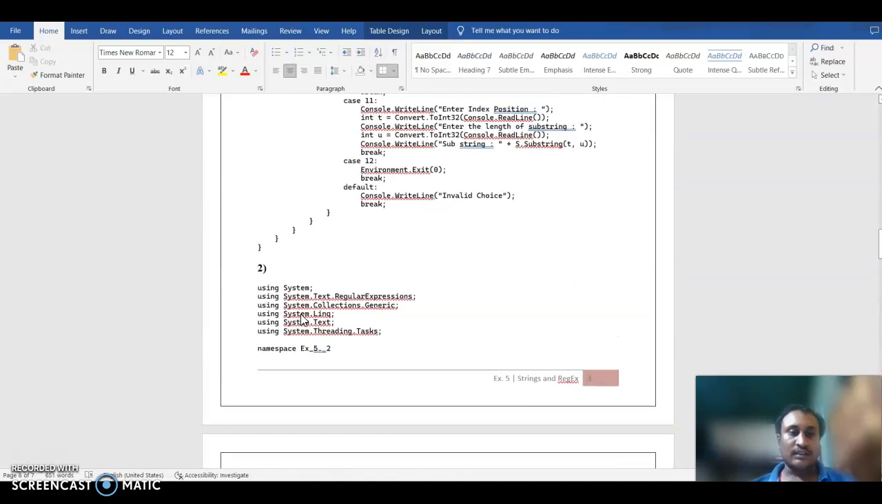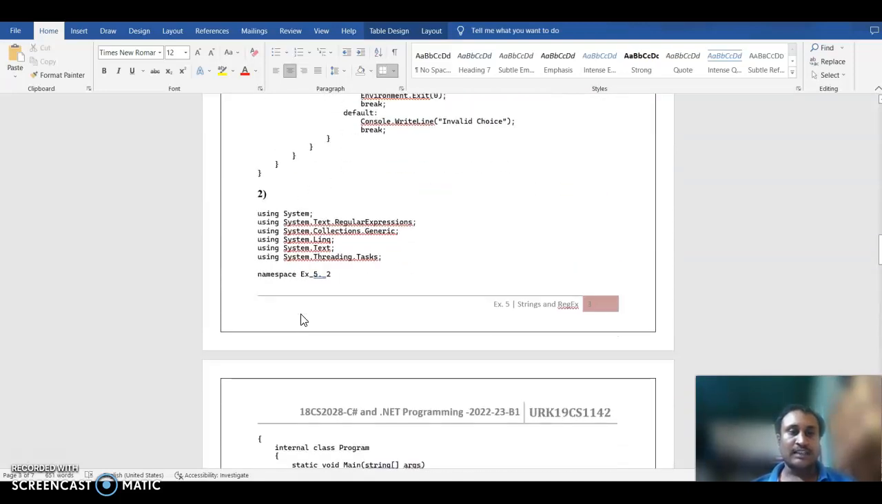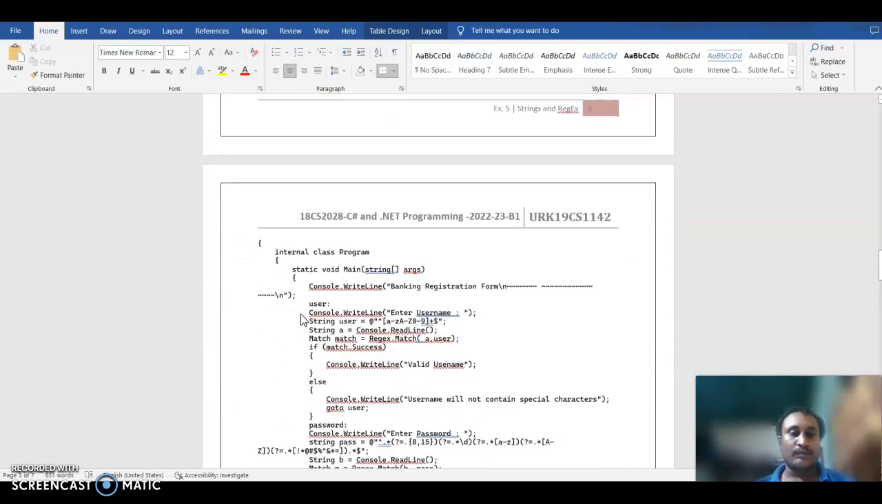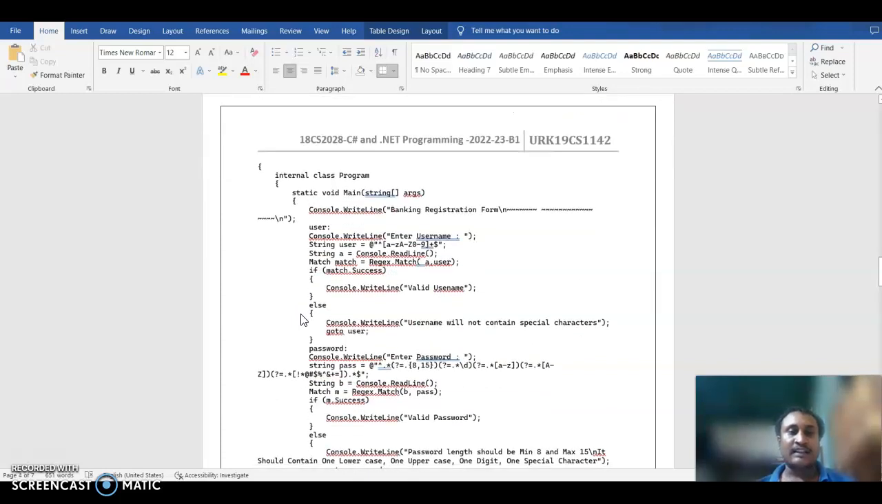Let's go to the next one. Using System namespace, regular expression, collection generic, Linq, text, threading tasks. That is experiment 5 sub 2, internal class Program, static void Main(string[] args), Console.WriteLine enter banking registration